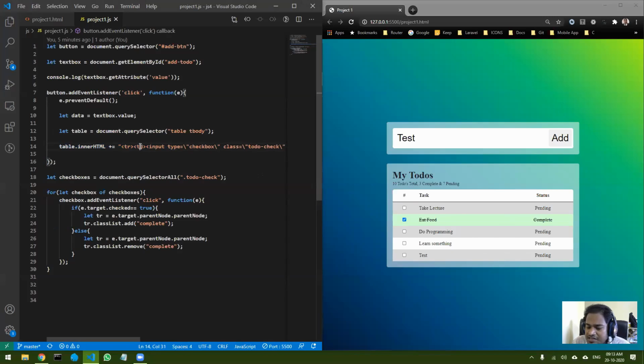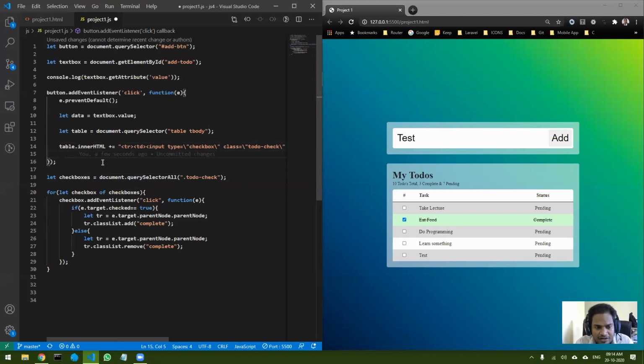So what happens is the DOM, which is the document object model, does not understand whether new nodes are actually created. This particular statement does not execute again. So this particular variable does not know whether there are additional checkboxes or additional TRs being attached or not. Now to do that, what you can do is you can inform the DOM that I am adding new elements. Okay, now how to do that?